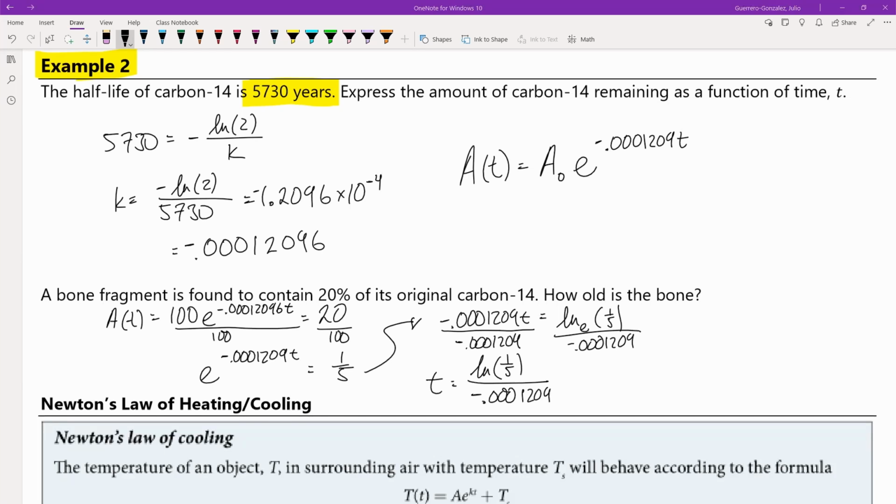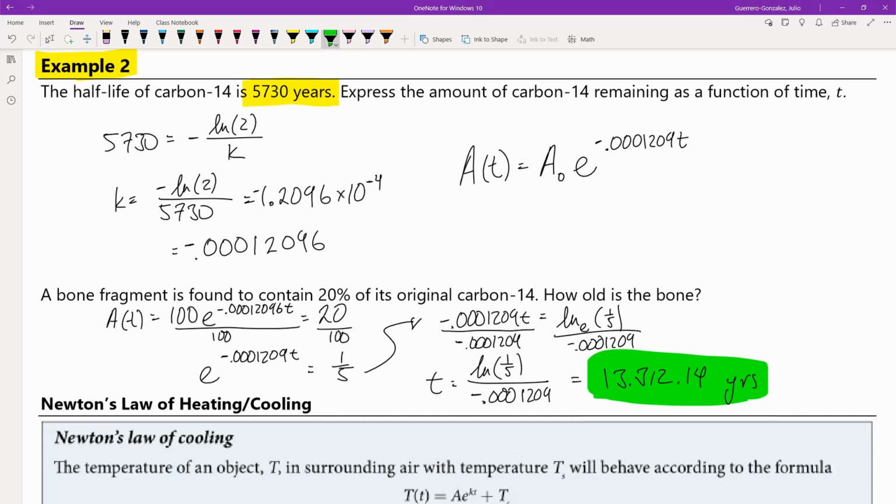And if you compute this out, you get about 13,312.14 years. There we go. Bam. So if we find a bone fragment, and we know how much of its original carbon-14 was supposed to be there